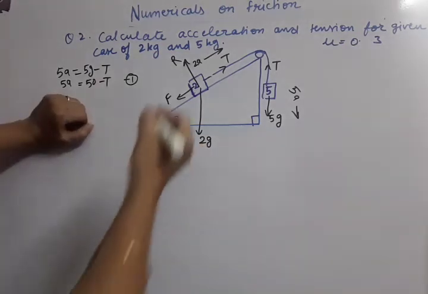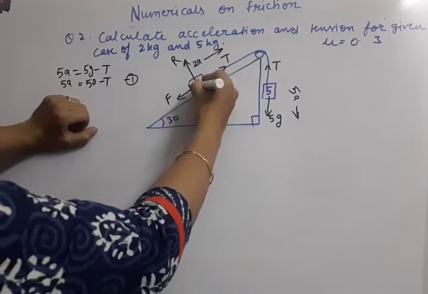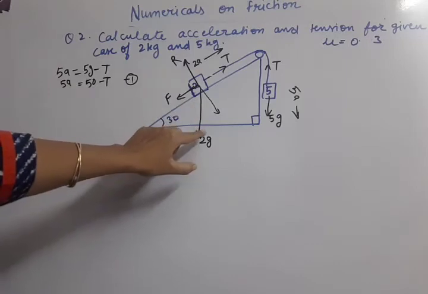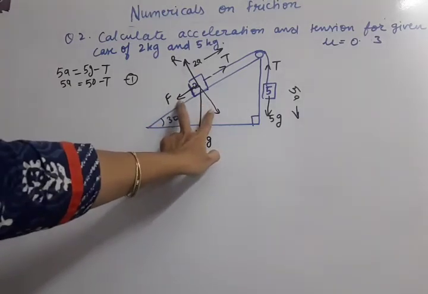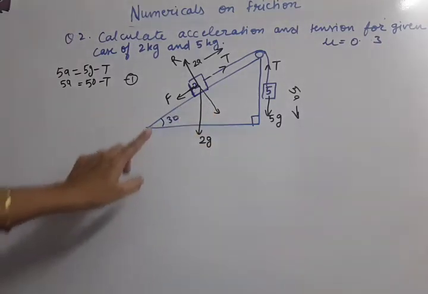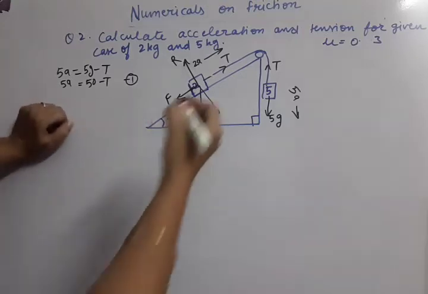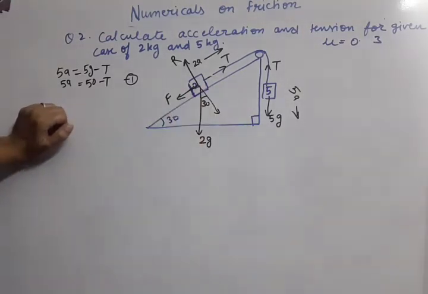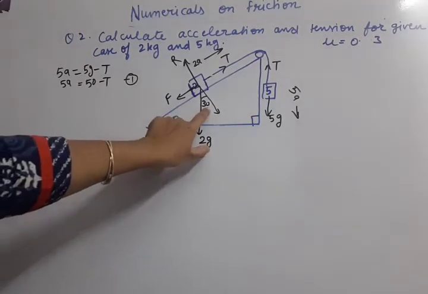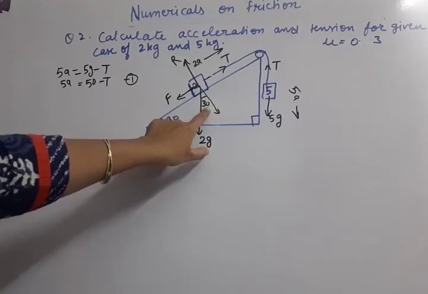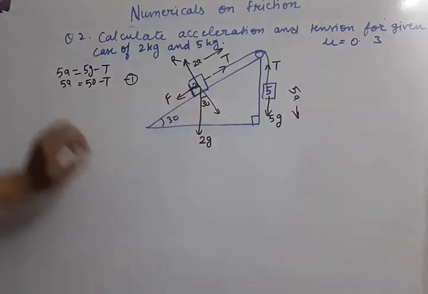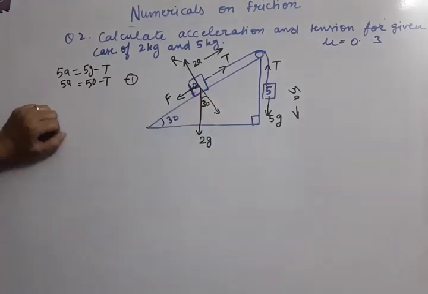So we will be resolving it this way. We will choose two perpendicular lines like this. 2G should be in between two perpendicular lines. Now how to resolve it? We need angle theta. Always remember, if angle 30 is given here, this angle 30 is here also. If a 45 degree angle is given here, then this angle is also 45. You can get this by simple mathematical calculation using corresponding alternate angle properties. So here this will come 30 degree. Now, after that, let us proceed to further physics.